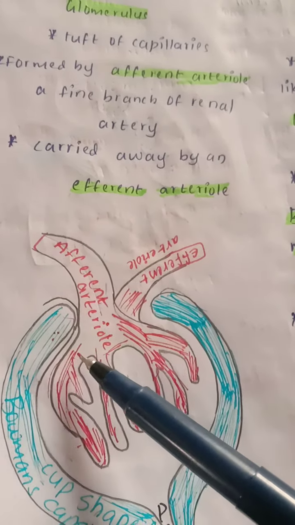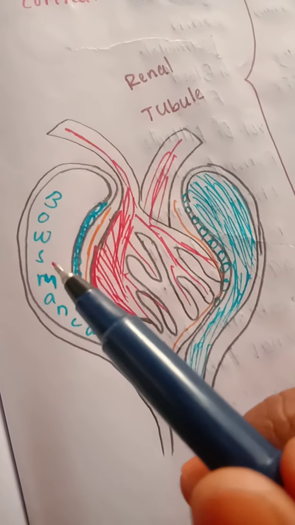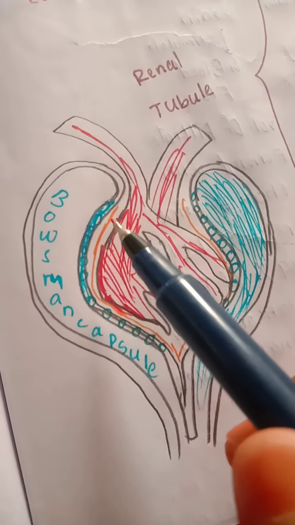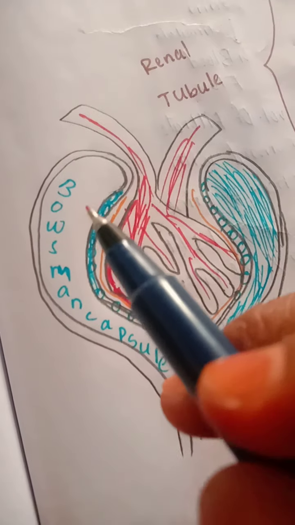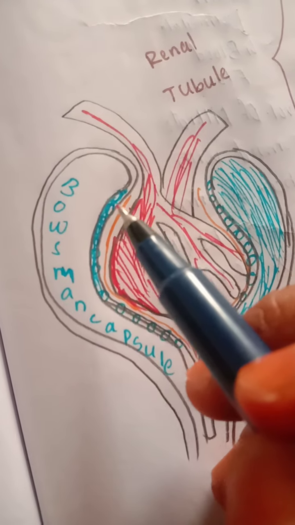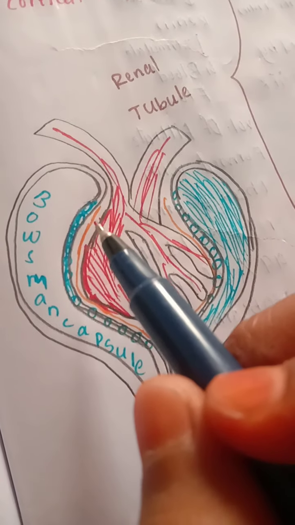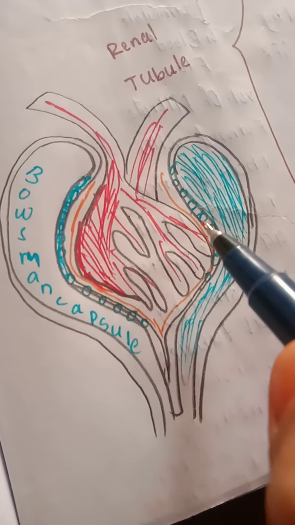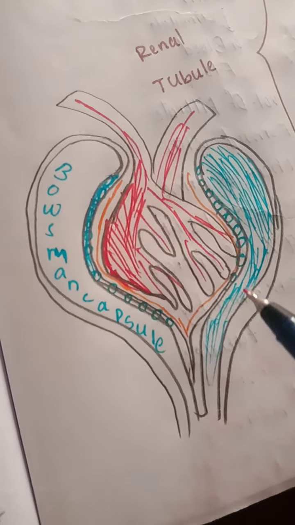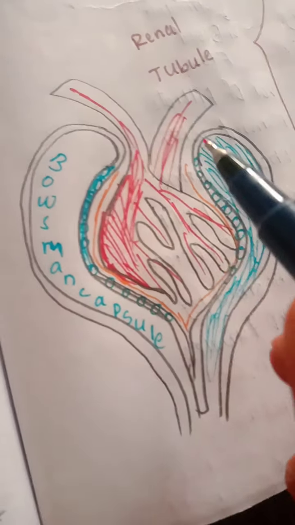Endothelium of glomerulus, epithelium of Bowman's capsule. Between these two layers, there is one more layer called the basement membrane. The epithelium of Bowman's capsule consists of podocytes, small pore-like structures. These podocytes are arranged in an intricate manner so as to leave filtration slits or filtration slit pores, so that filtration of the blood takes place.